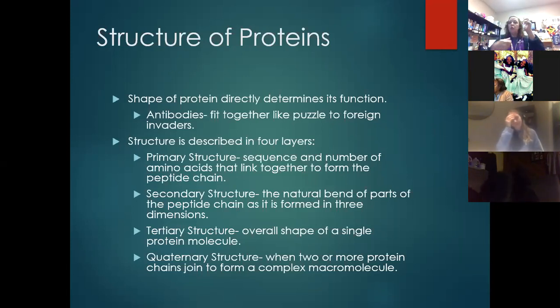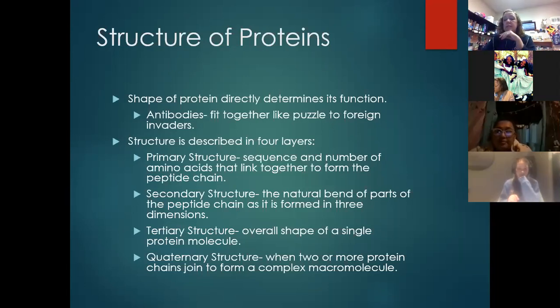When you're looping it, there's a natural bend in the cord and it's very easy to loop. If you've ever tried to loop it against the bend, it's much more difficult. It's going to kink up on you. The exact same thing is happening here. That's the secondary structure. The tertiary is...